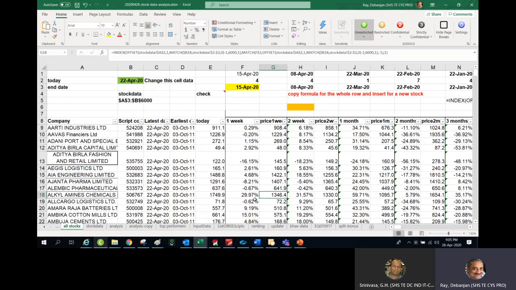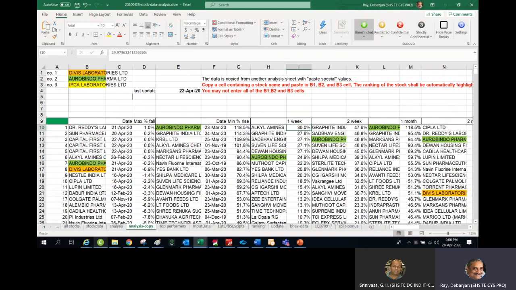And the growth is a simple calculation: the difference of these two prices divided by the older price. So there is a growth of 29%. The same data has been exported here, almost 29.97, almost 30%. So this is a stock where, even in the lockdown condition, you can make money.